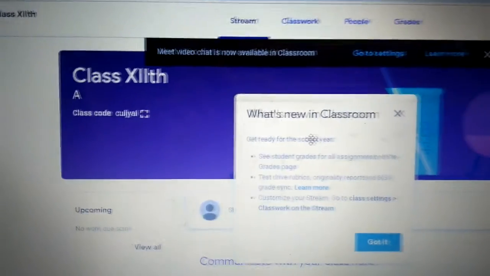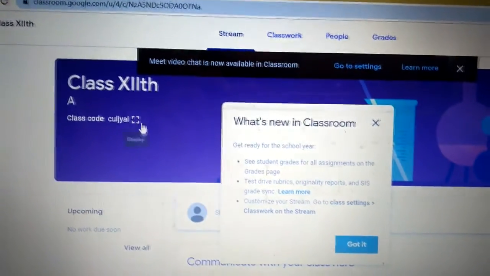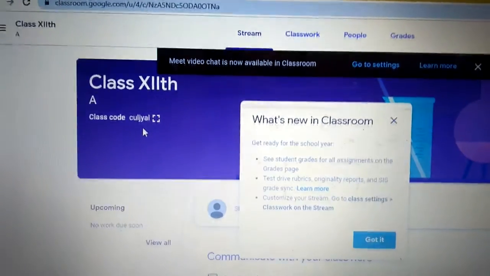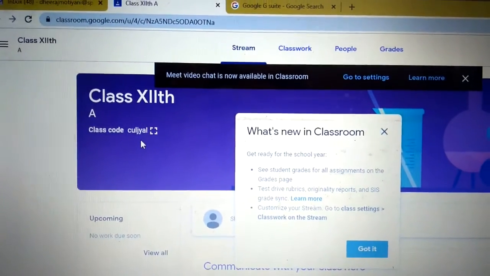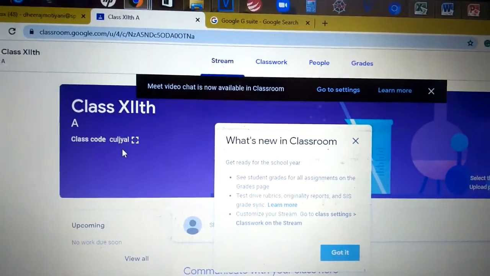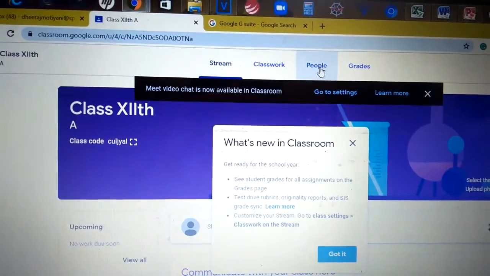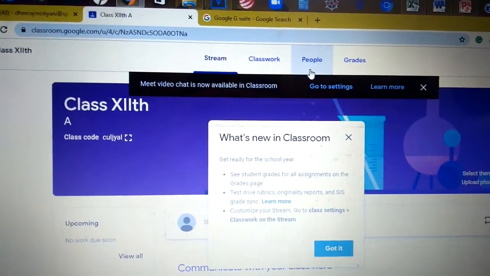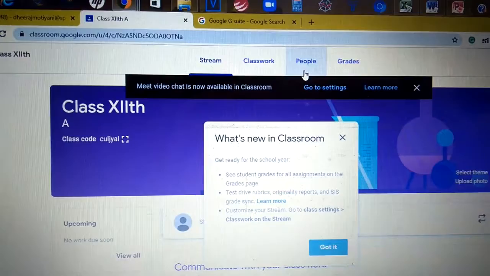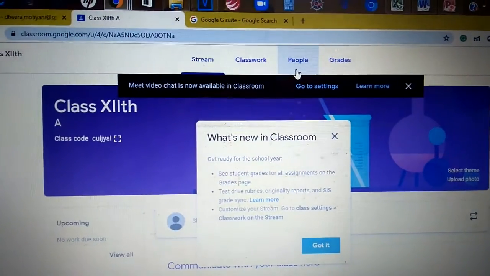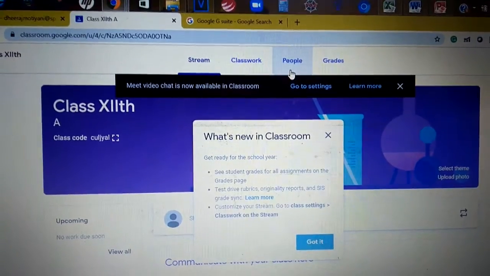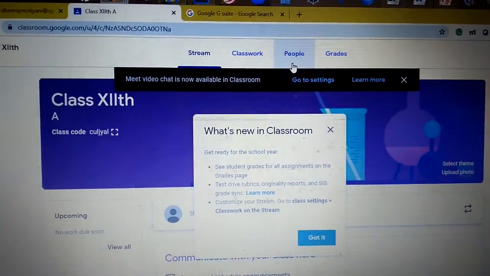You can share this class code to your WhatsApp account or broadcast group. Or if you don't want to do it, I will tell you how to generate the mail IDs of your students and use those mail IDs to send the email invitation to the students, which is much more official and much easier.